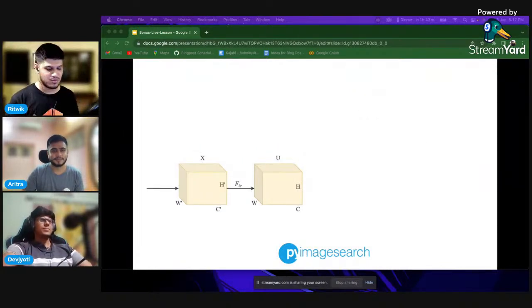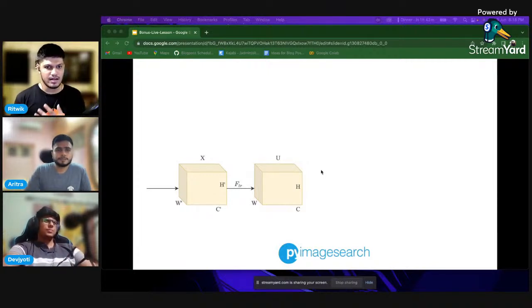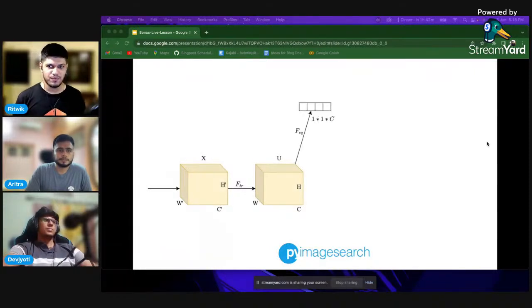So as we were saying, first we have an input of X, and I'm going to go through this quickly because Arthra has already done that. That has dimensions H dash, W dash, and C dash. And X is passed through a transformation, that is the convolutional operation. And next we have a feature map, that is U, and that has dimensions H, W, C. And if we go on repeating this again and again, we will have good features. But that's not what we are doing today. What we are going to do is take this, and as they've said,